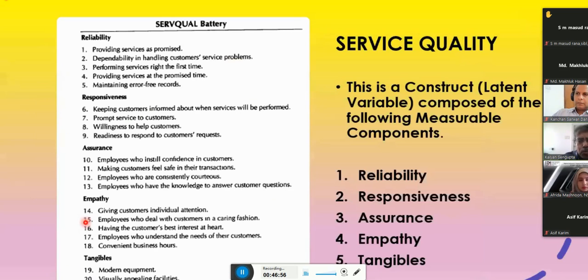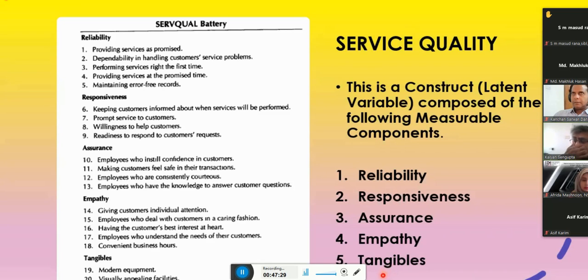Out of 1 to 10, say somebody is giving maximum priority to assurance, for example. So in 1 to 10, he or she might be giving 9 here, and say 4 in empathy. If it's a young guy, 4 in empathy. So you can get some kind of a weighted sum or weighted average for the whole thing.